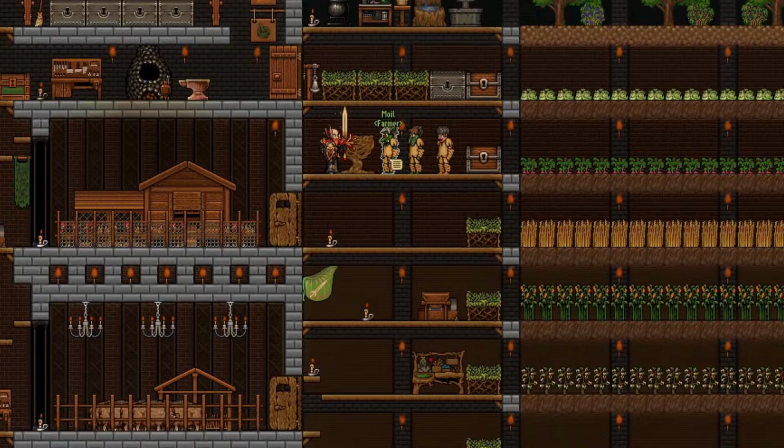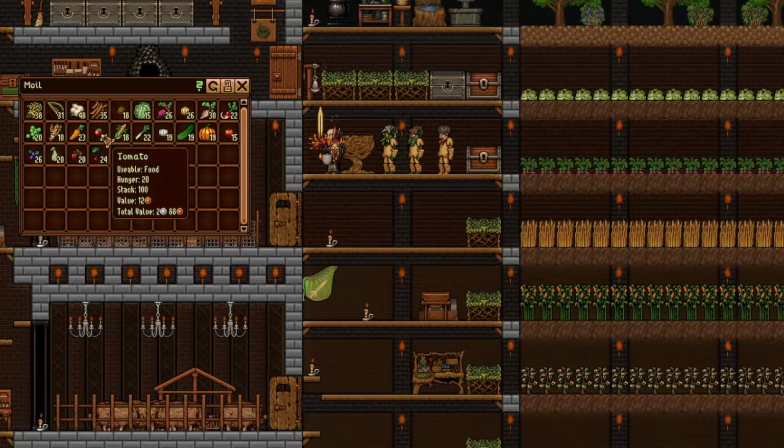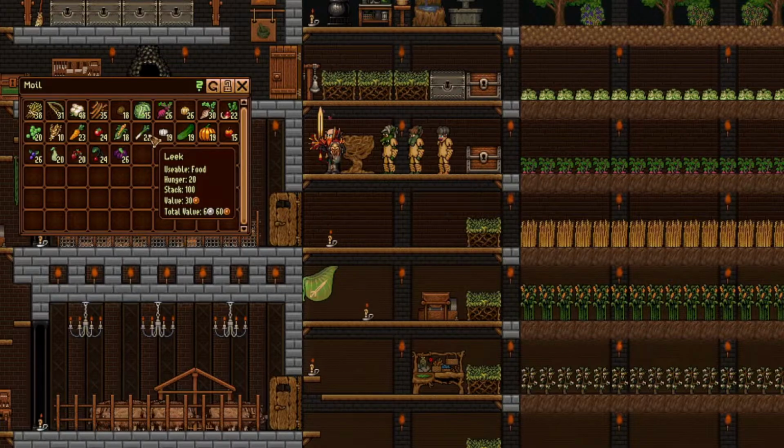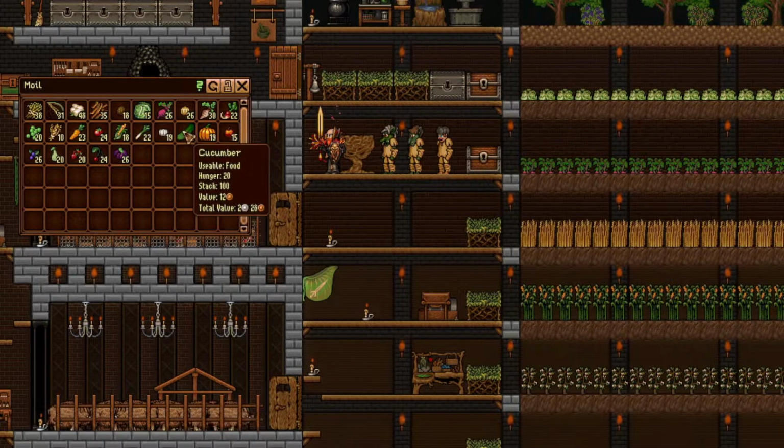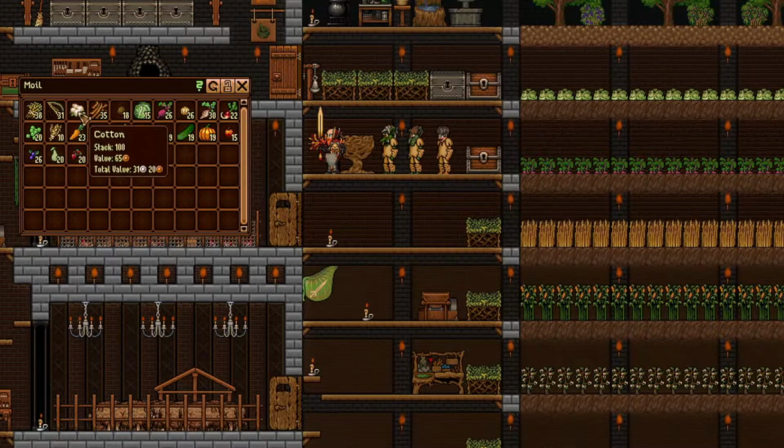And for the third NPC we got the Farmer, and these will appear once you get to Act 3. And these NPCs provide different kinds of crops for various food and also different kinds of dyes. And you can also get jute, flax, cotton and candor, which you can use at the spinning wheel to make